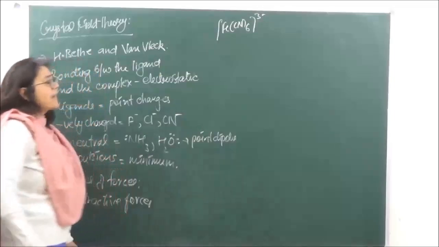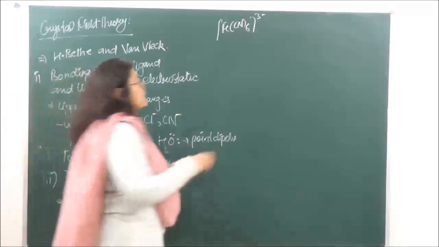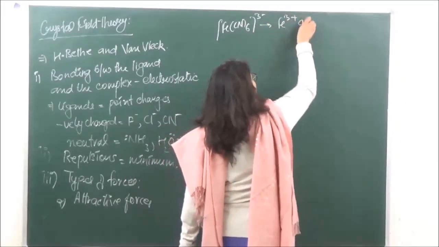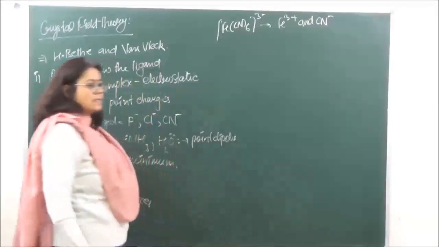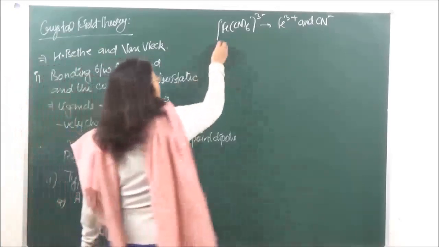So over here, cyano is going to be a negatively charged ligand. The forces of attraction are going to be between the Fe3 positive ions and the CN negative ions, isn't it? And if we are taking another example,